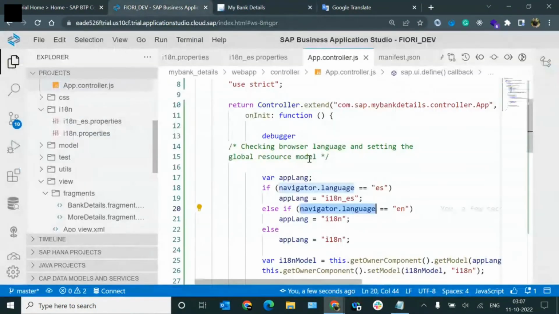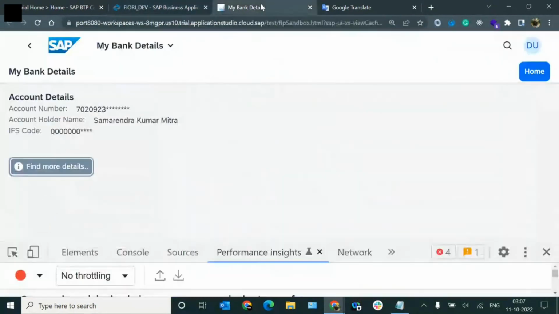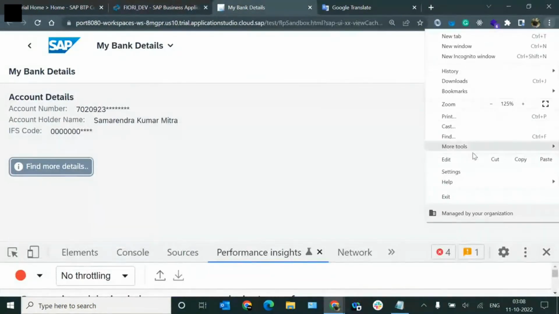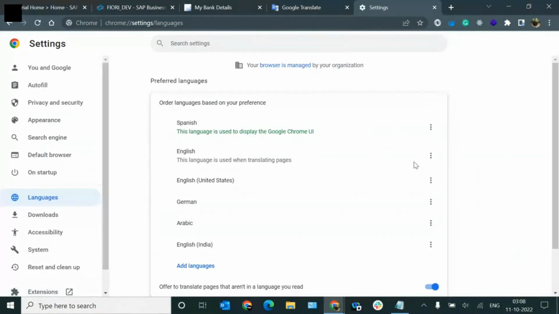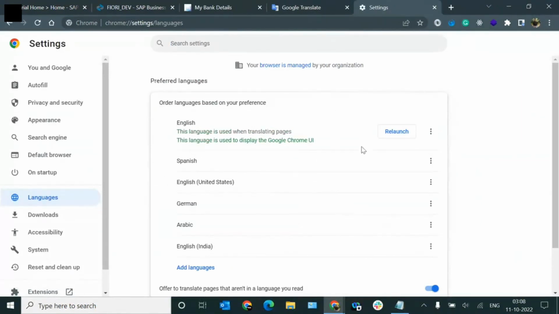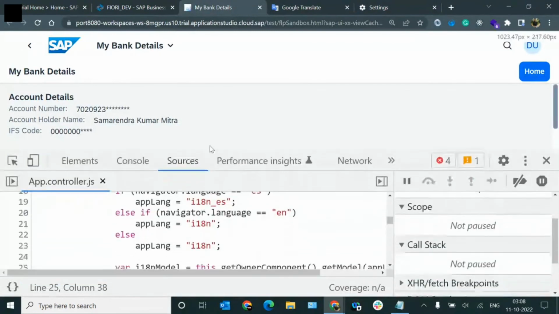You can write a very good function here, which can check your browser language. And let me show you how to change the browser language. You can go to the settings by clicking on the three-dot icon at the top right, go to the language, and here you can select any language that you want. Right now, it was coming as English. Now it will relaunch. I can't do it here, our recording will stop. So if you relaunch, the navigator dot language would come as English, and it will always check